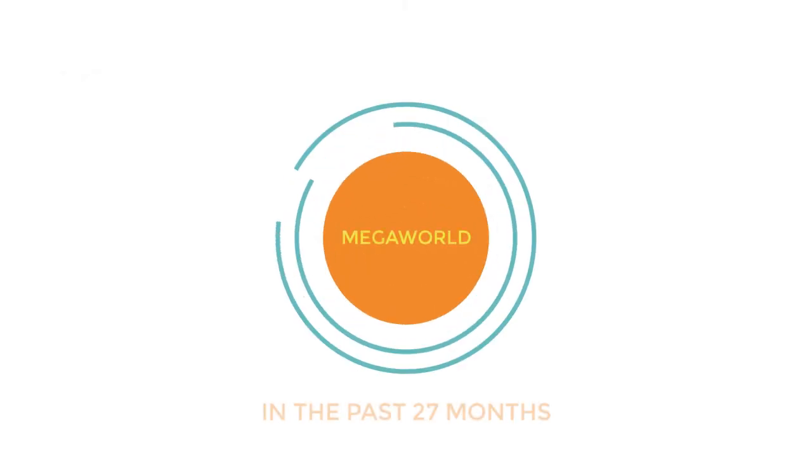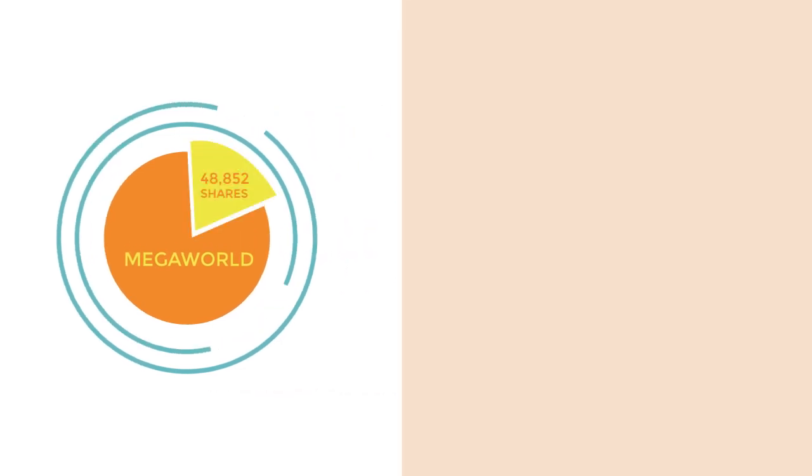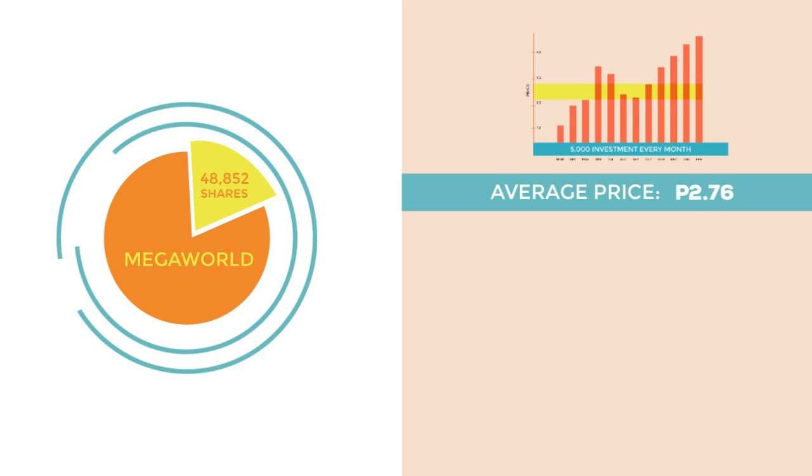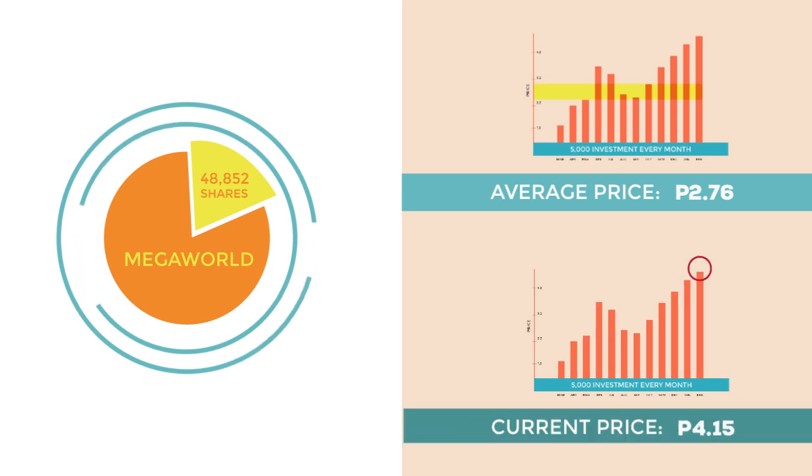Let's see how much she was able to earn from her investment. In the past 27 months, she was able to buy a total of 48,852 shares of MegaWorld. Given the price fluctuations during these months, her average price per share is at 2.76. However, at the end of her MegaWorld SIP plan, the stock was priced at 4.15 per share. If she sells all her accumulated shares at 4.15, she will receive